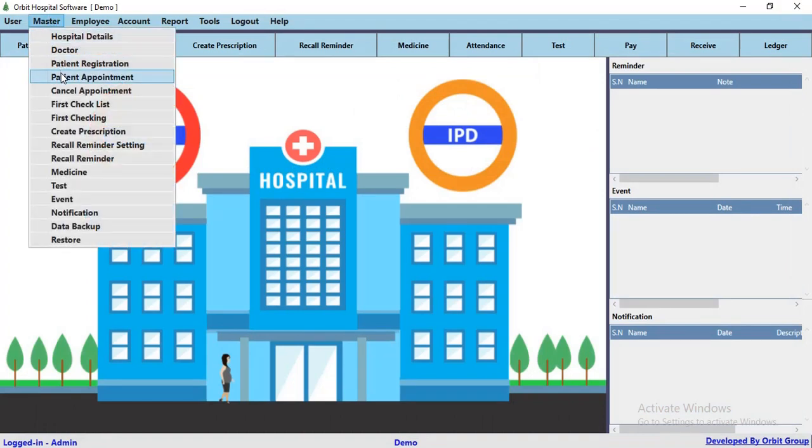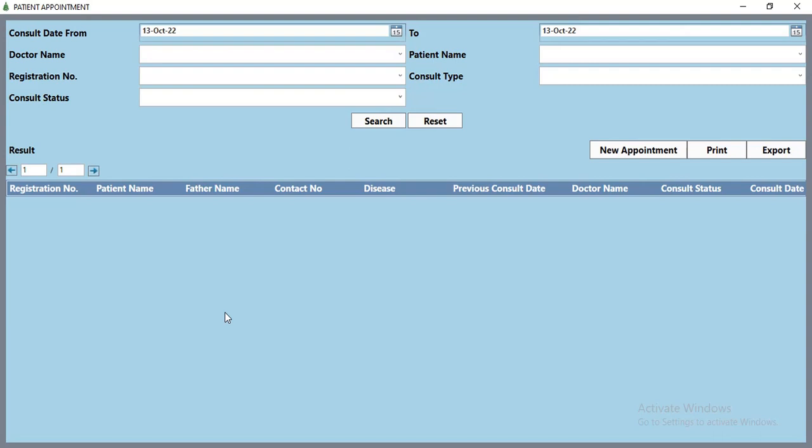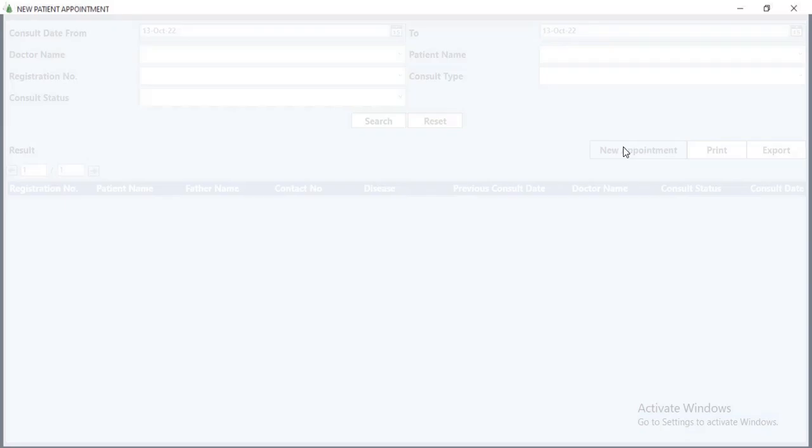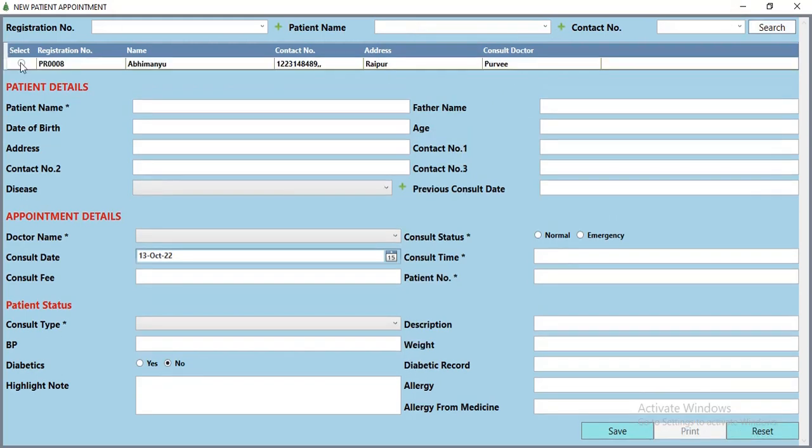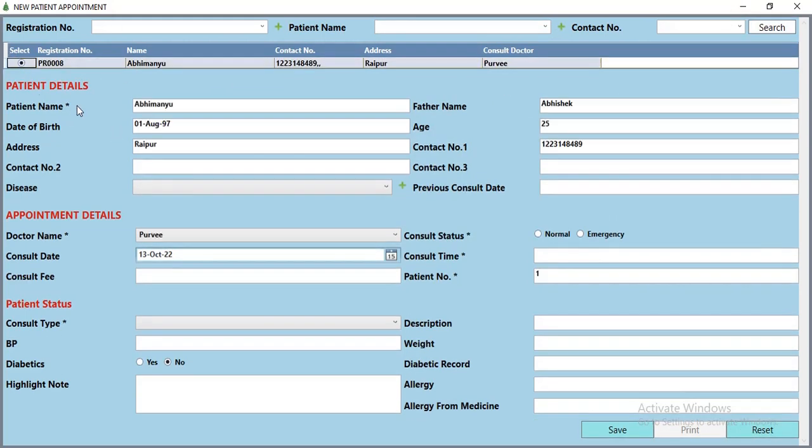In patient appointment, you can add the appointment details of the patient here. To add this, click on the new appointment button. Here you have to select the patient name from the drop down like this and click on the search button. As you can see here, it is showing the record. Then select this and you can see the details are showing. You have to add the consult status, which is normal or emergency, and you have to select the disease here. Then you have to select the consult date and time, and the consult fee will show automatically when you select the